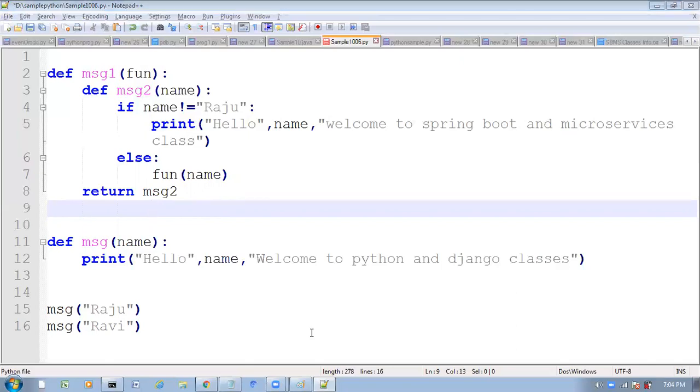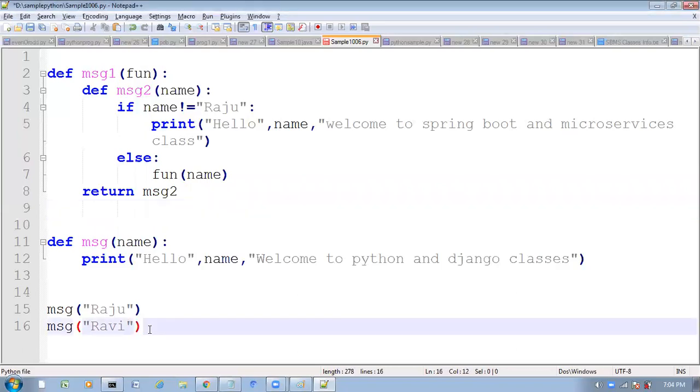So now observe very carefully. Now if I run this program, what output we will get? Please respond.